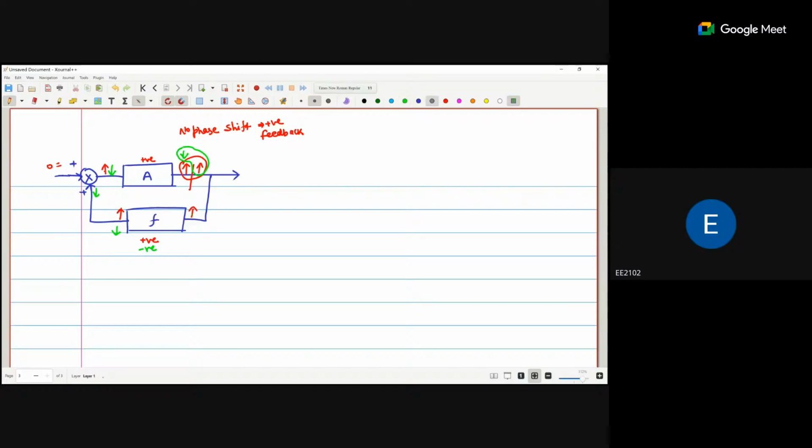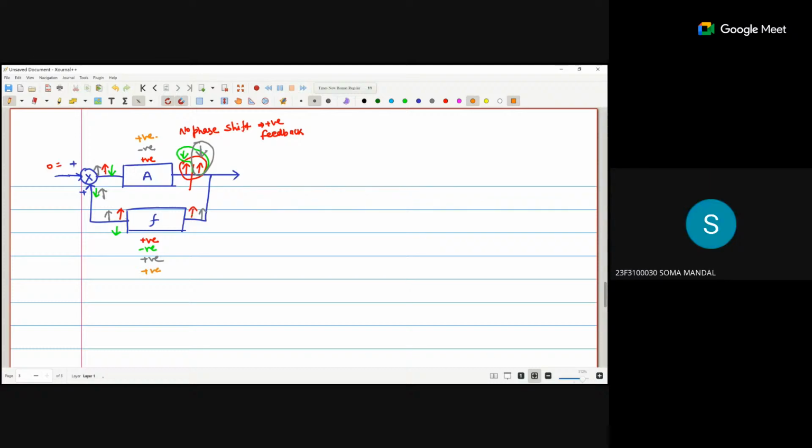Third case, we are taking F as a positive and A as a negative. So positive voltage we apply, the positive we are getting here, the positive we are getting here, the positive we are getting here. But because multiply with A, we are getting a negative voltage. So this will behave as a negative voltage. Any doubt? The fourth case, when A and F both are positive,